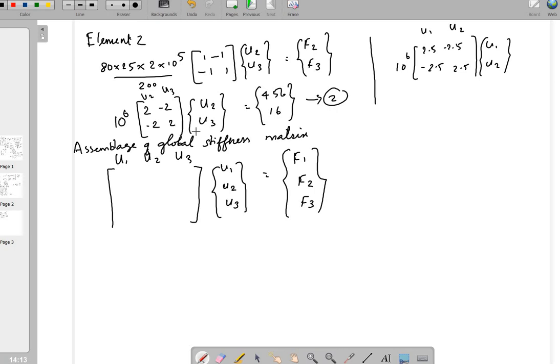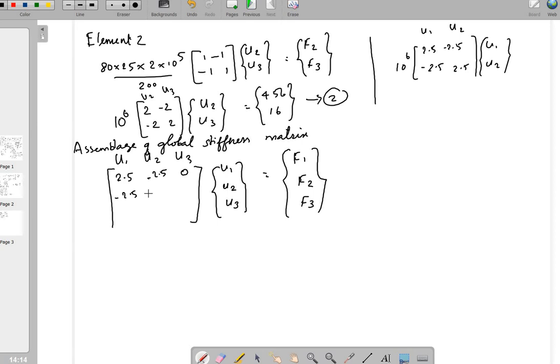Where the first equation consists of u1 u2 quantity, the second equation consists of u2 u3 quantity. So we can omit the second equation because there is no u1 in the second equation. Concentrate on the first equation. For u1 u1, the value is 2.5. Next u2 u1 is also available only in the first equation, so it is minus 2.5, and there is no connection between u3 and u1, so it is 0.